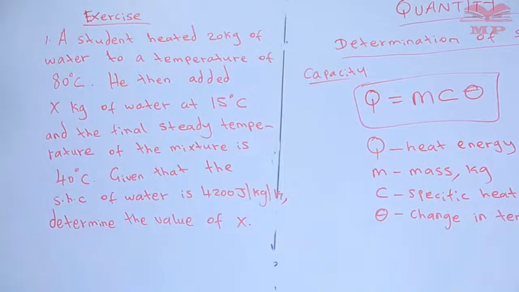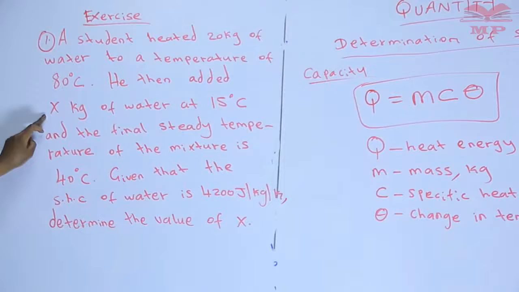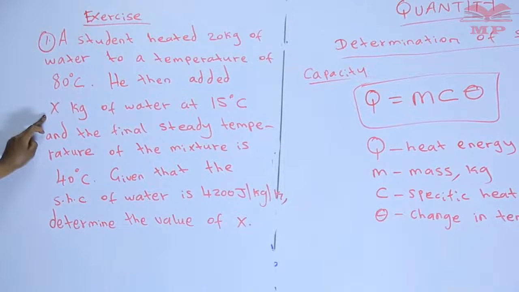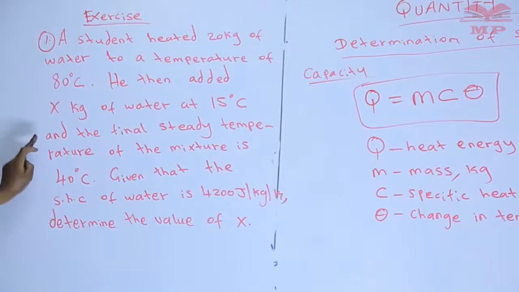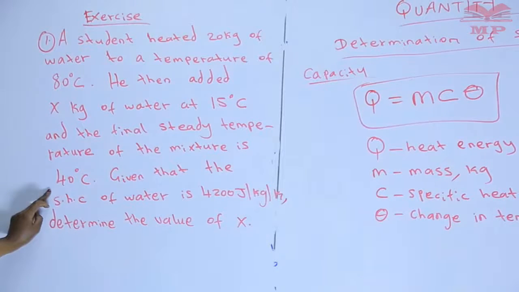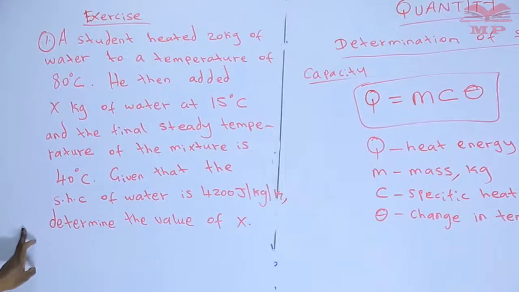So that's the question. A student heated 20 kilograms of water to a temperature of 80 degrees Celsius. He then added X kilograms of water at 15 degrees Celsius, and the final steady temperature of the mixture is 40 degrees Celsius. Given that the specific heat capacity of water is 4,200 joules per kilogram per Kelvin, determine the